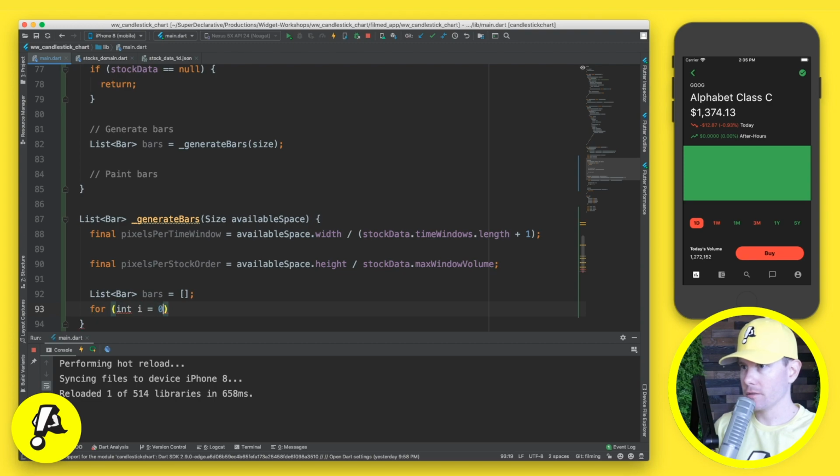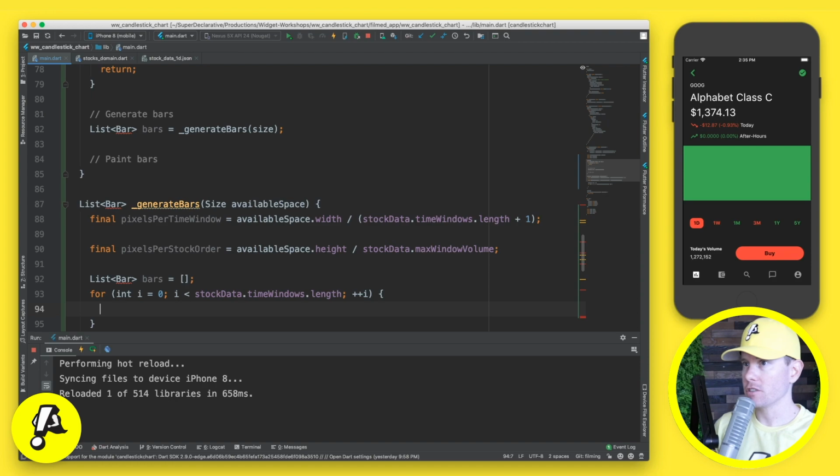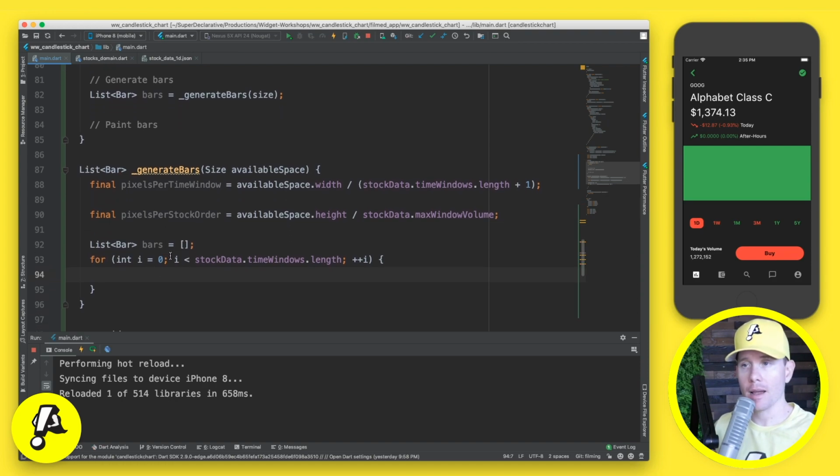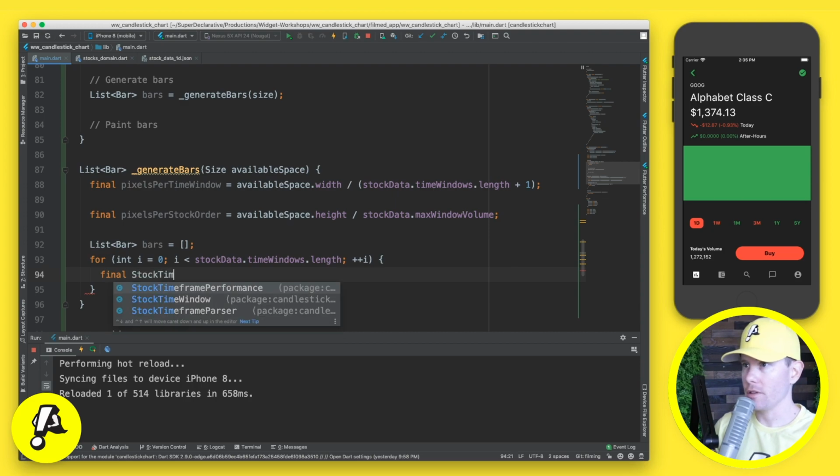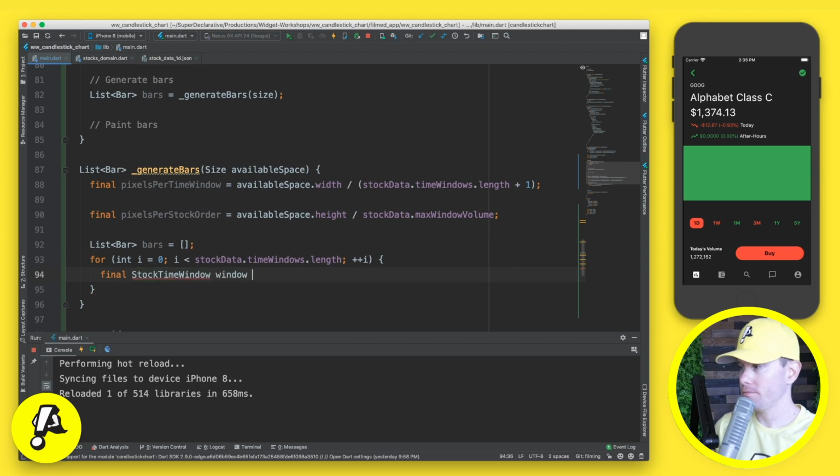We're going to iterate through every time window in our stock data. So if we're looking at a single day, this is going through every 15-minute time window in that day. We're going to grab that time window,